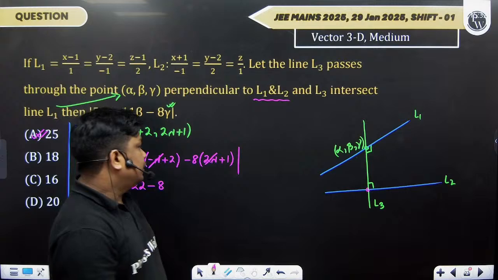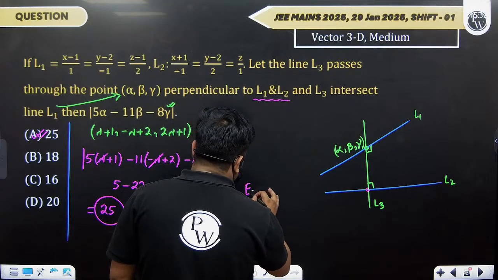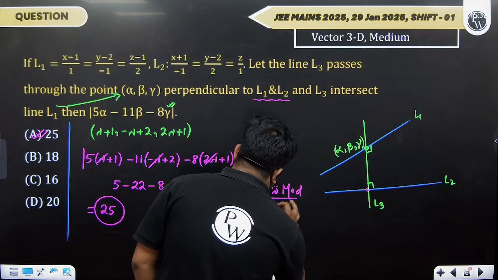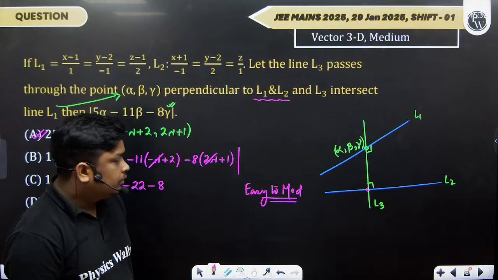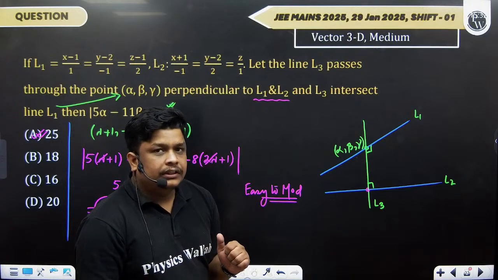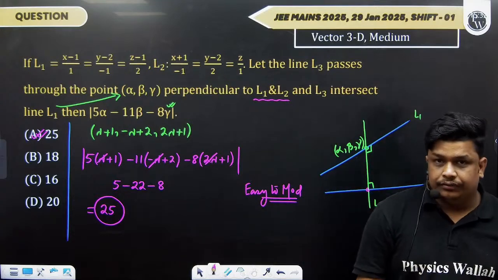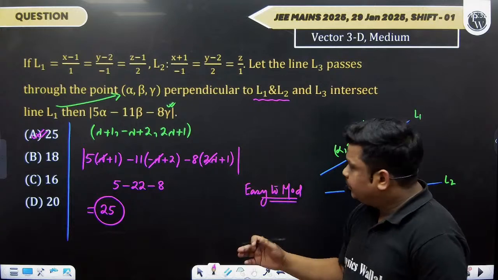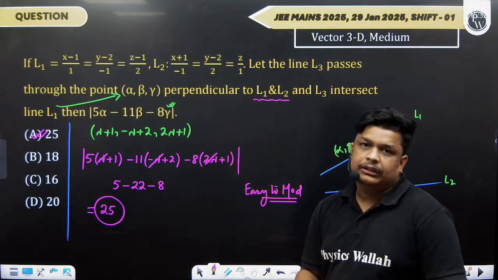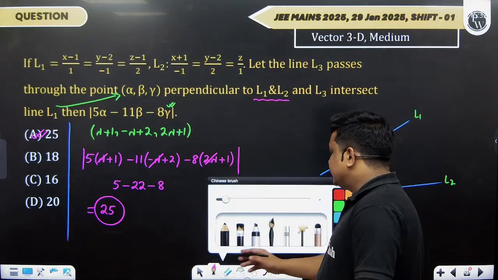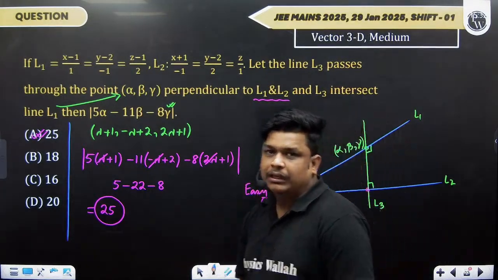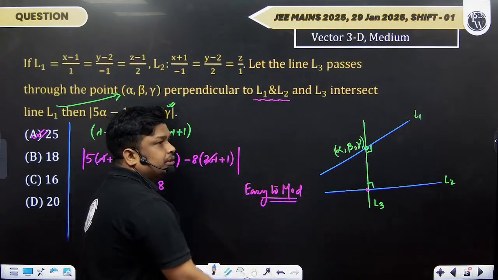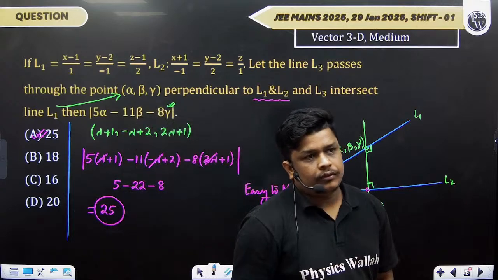So overall the paper difficulty was from easy to moderate. For maths at least this is followed. For the other two subjects also, as per sirs were saying, these are the difficulty levels. There are some questions which are difficult in maths, but length-wise, if you see the other shift examination, at least these 10 questions were not lengthy at all. These are doable in the given time frame, although the time required in maths will be more than the other subjects, but still this was not lengthy, although a few questions were on the good side.